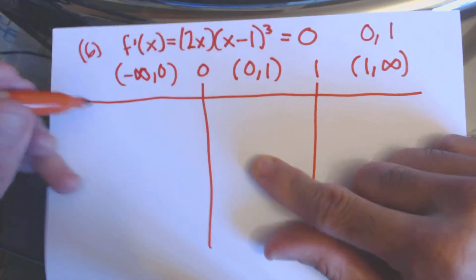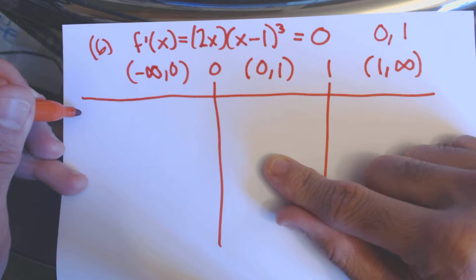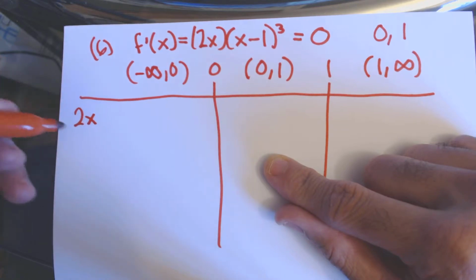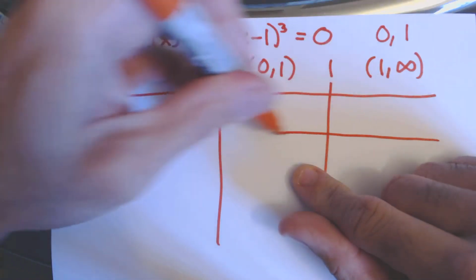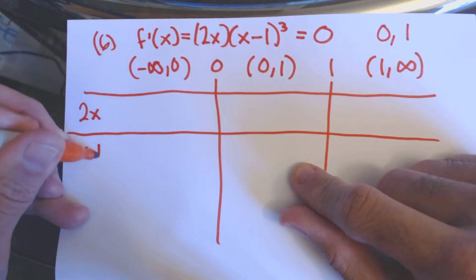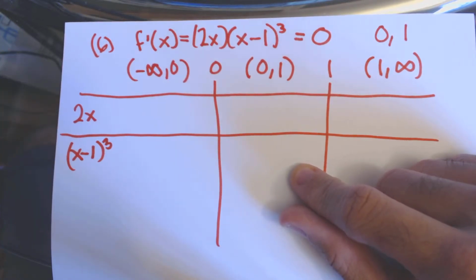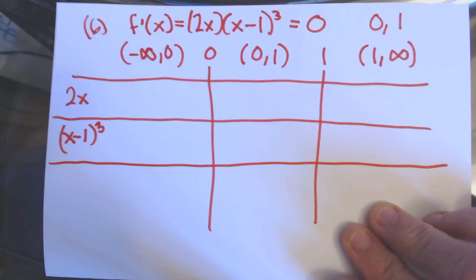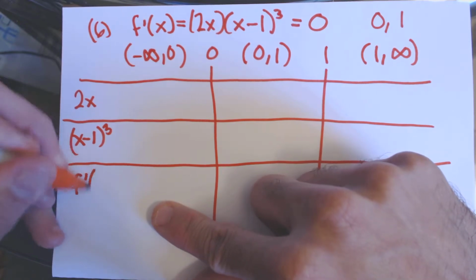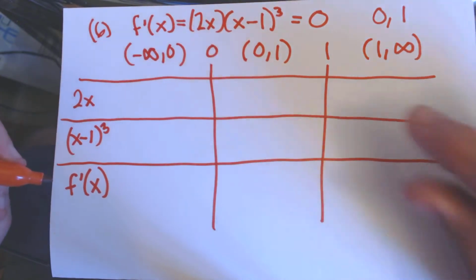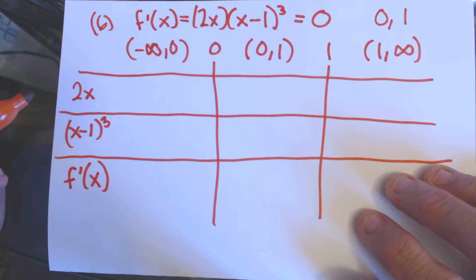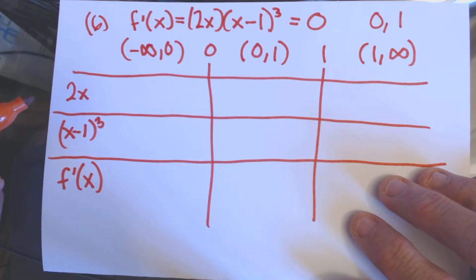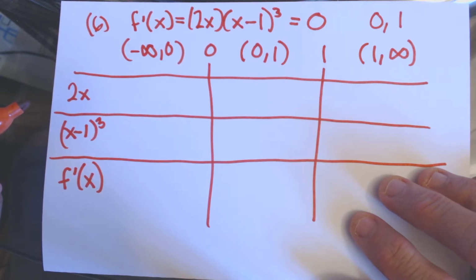We have to evaluate the derivative at values less than 0 for 2x and for (x minus 1) cubed. Alright, and then that's going to tell us what f prime of x is. And then we're going to be able to say whether the function is increasing or decreasing on the interval, and then that should allow us to identify the relative maxima and relative minima,